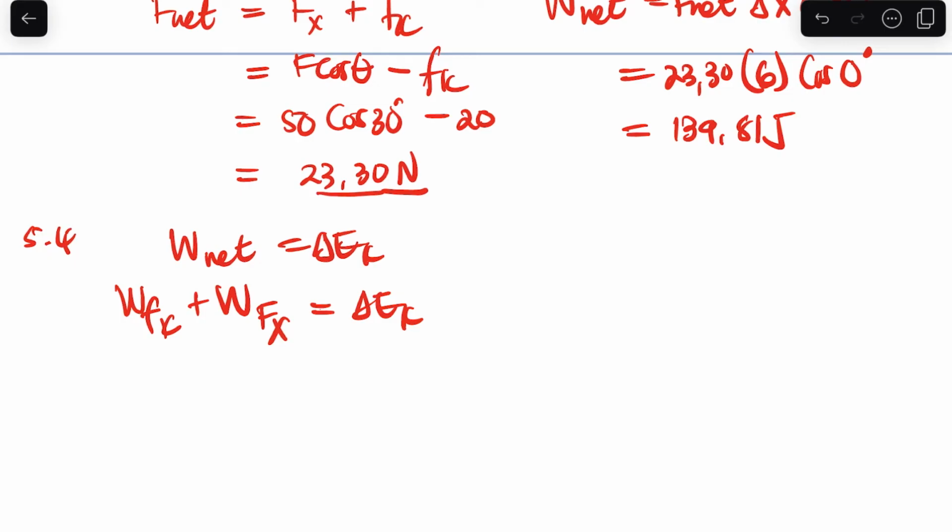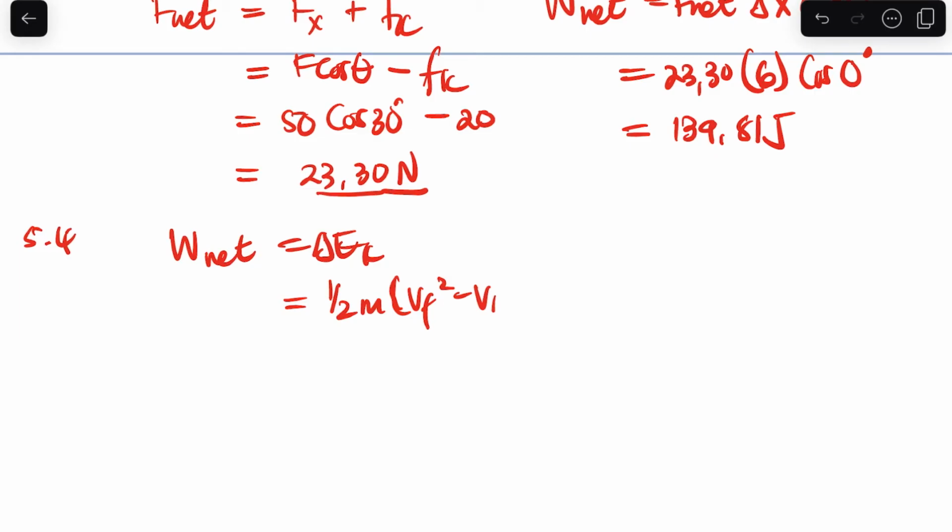So in 5.4, there's no need for this, guys, my bad. You have to use the work net since we have calculated the F net. There's no need to do that, you have done that already. So okay, let's do this. Here you just say half m v